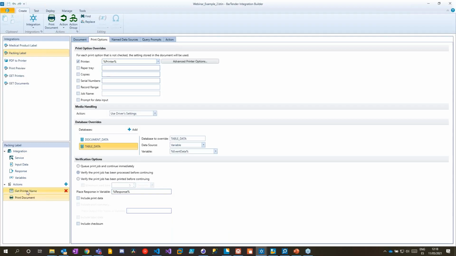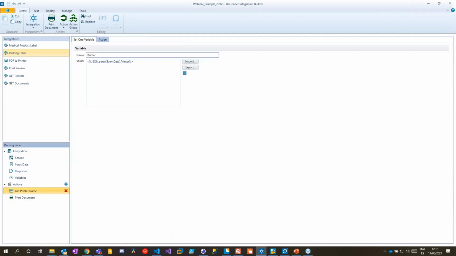Well, I did that using this action here, which is to set a variable, which I gave the name of printer, and I'm using an integration variable expression. So with integration variable expression, I can use a JavaScript function on my event data,